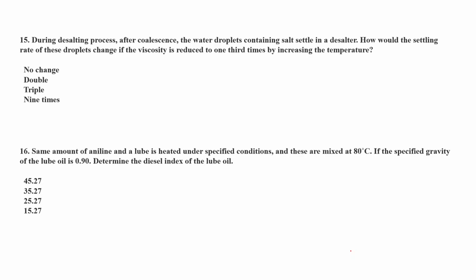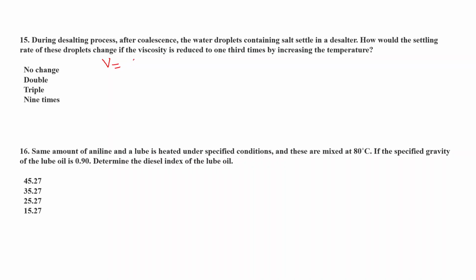Okay, then let us come to the next question, which is: during desalting process after coalescence, the water droplets containing salt settle in a desalter. How would the settling rate of these droplets change if the viscosity is reduced to 1/3 times by increasing the temperature? So here, using the formula as I told in the theory part, which is